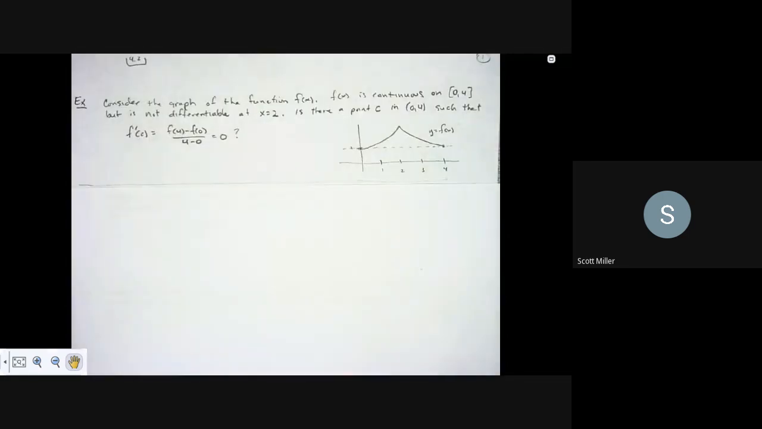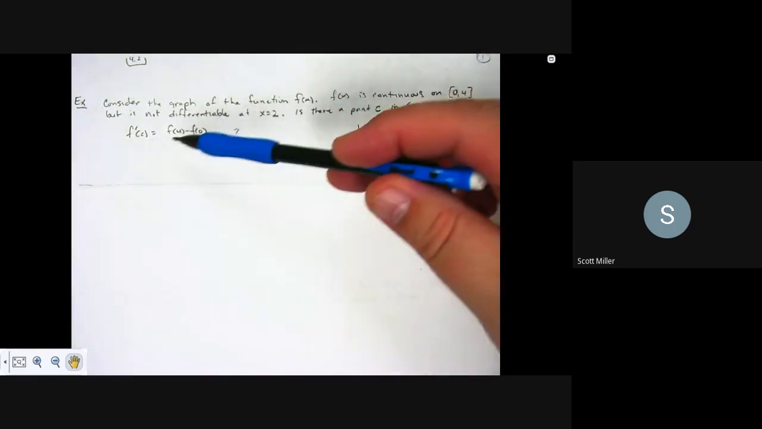So we have a graph over here, the graph of function f. f is continuous on the interval from 0 to 4, but it is not differentiable at 2 because we have a corner up here. Is there a point on this interval such that the derivative at c is going to be equal to this